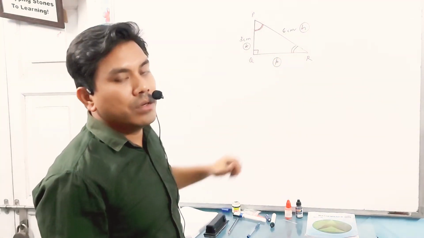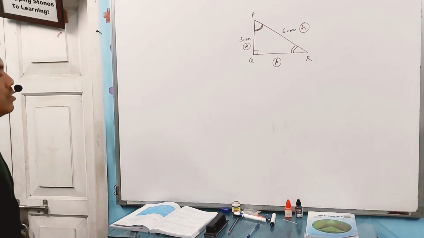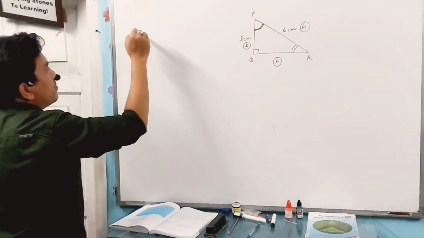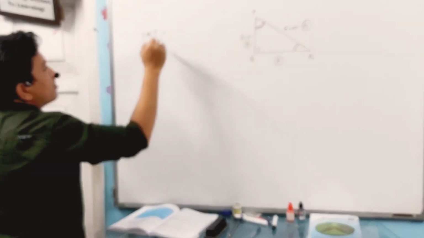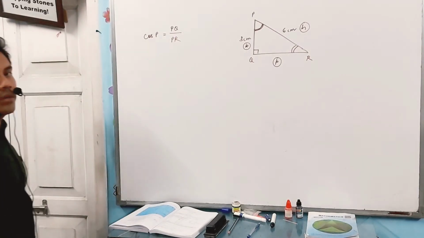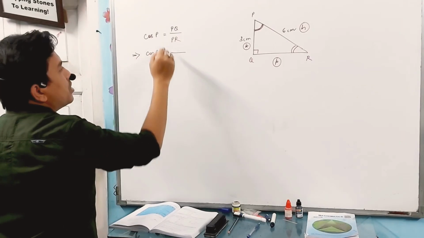And we know the relation between base and hypotenuse also. What was that? Cos is equal to base by hypotenuse. Given conditions you write by yourself. So cos P is equal to base by hypotenuse, that is PQ by PR. Alright, now let us continue with PQ is given as